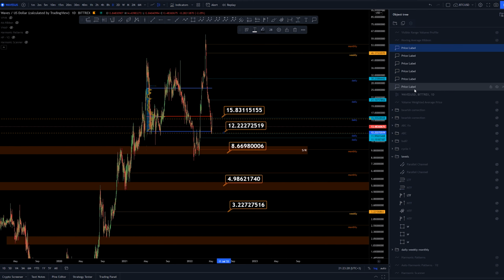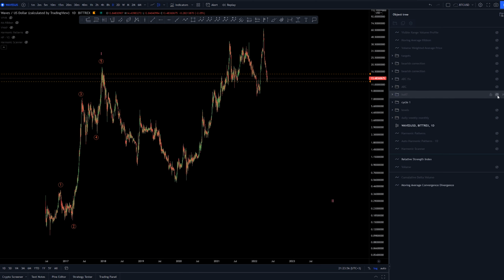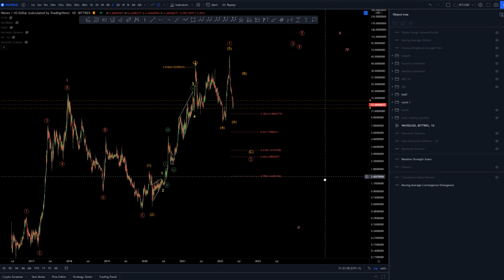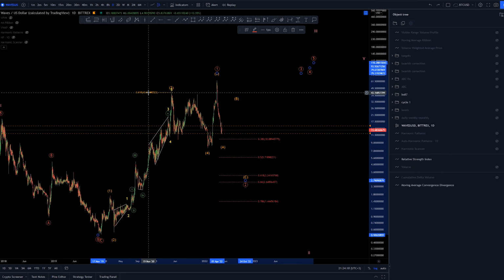Now let's get into Elliott Wave count. Last time we had this idea that this is a cycle 1 here, topping at around December 2017. Now this is the most probable thing for me. I think somehow we are getting 1, 2, 3, 4, 5. I had the wave 1 previously here, but currently it looks way better having the wave 1 up here. For the wave 3 we got a really extreme expansion, an extension to the